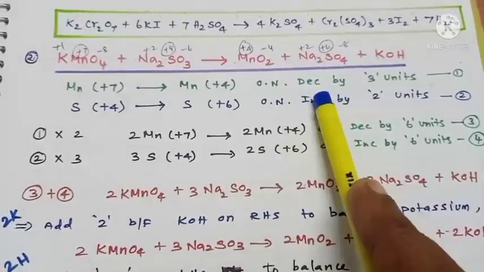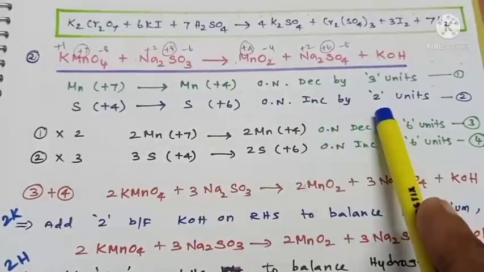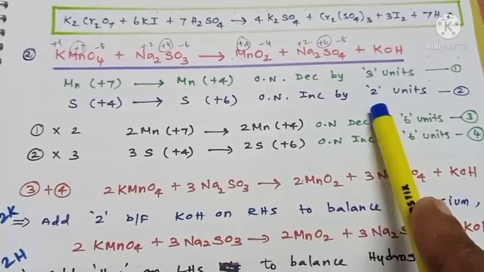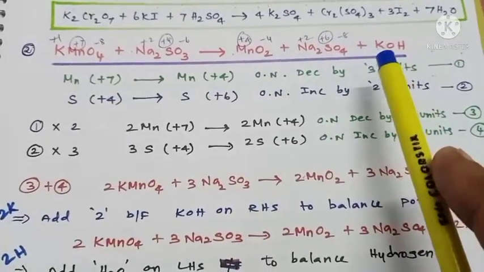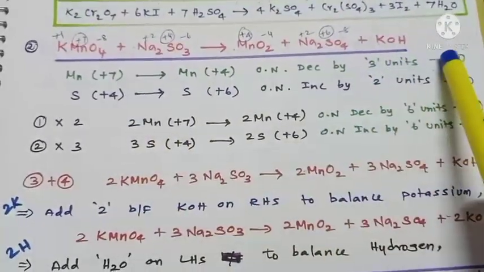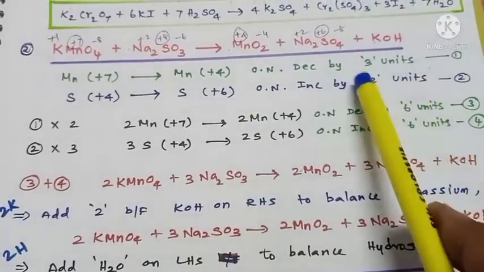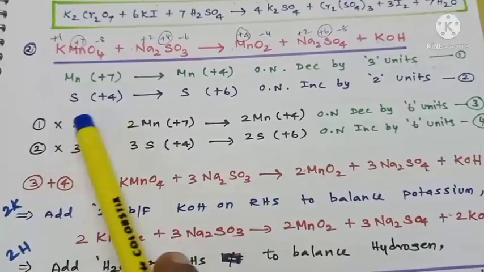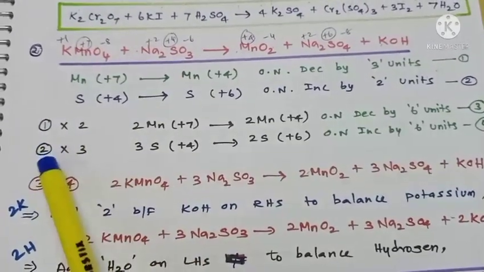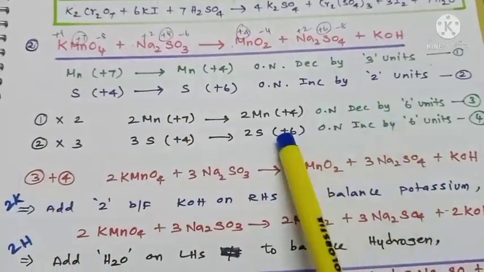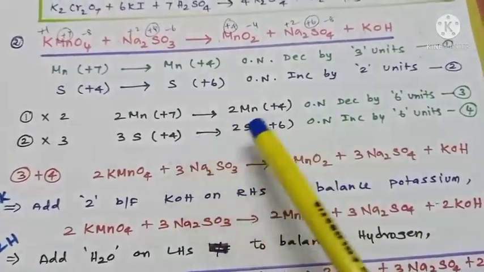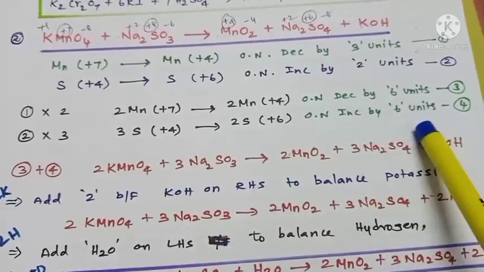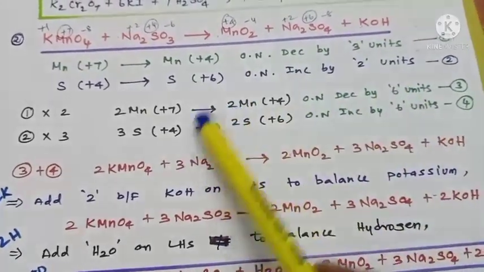Now oxidation number decreases 3 units, increases 2 units. One is an odd number, another one an even number. As I discussed in earlier classes, if you get odd and even, cross multiplication. Okay, so equation 1 has to be multiplied by 2, equation 2 has to be multiplied by 3. Equation 1 into 2, equation 2 into 3. Okay, so we will get this, and after multiplying by those numbers, the oxidation number decrease becomes 6 units, increase also becomes 6 units. But now you can add these two equations.